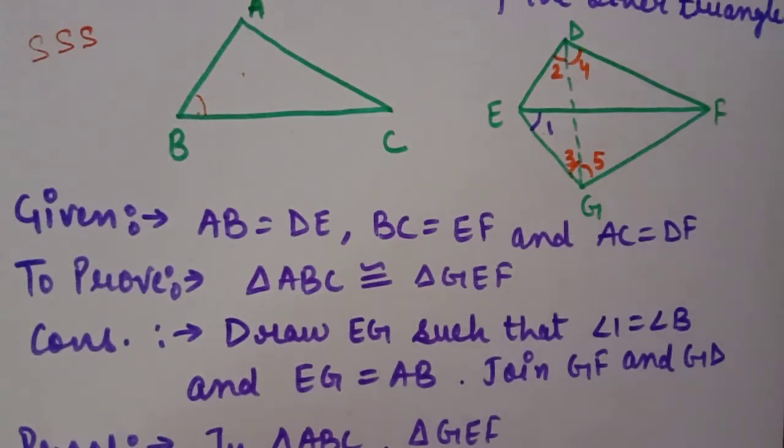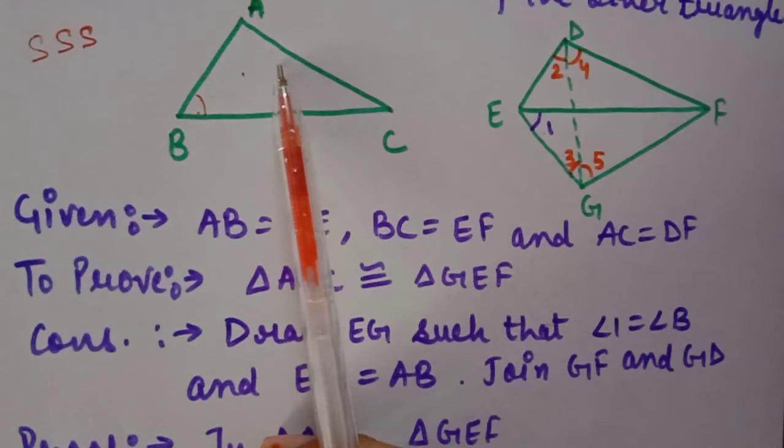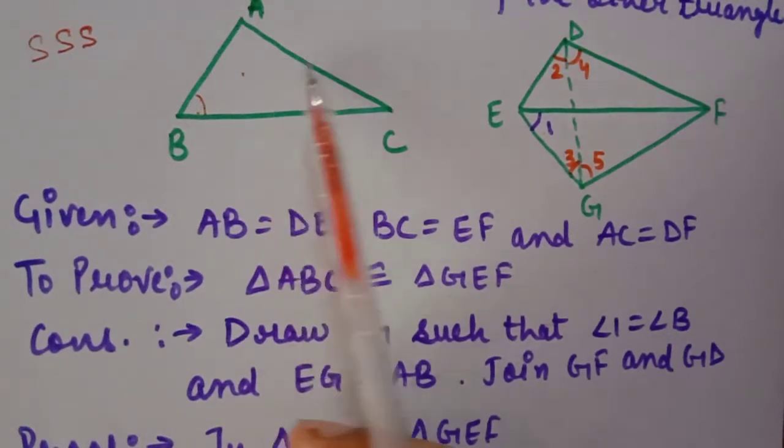Why are we doing this construction? Because from the previous theorems it is very clear to you that we have three elements. We could prove it congruent very easily if the criteria were met, but here all three sides are given equal, and that is the criteria for our theorem. So we will take one more equality of one element by ourselves. We will take two things from the given, and we will manage to prove it with one more equality in these two given. For finding the one more element, we will proceed with this construction.